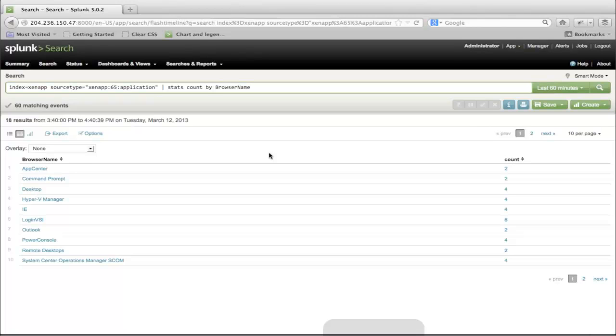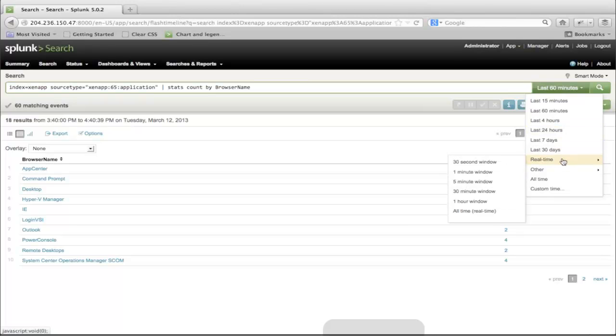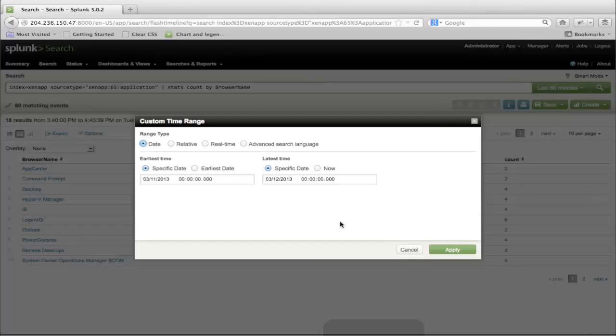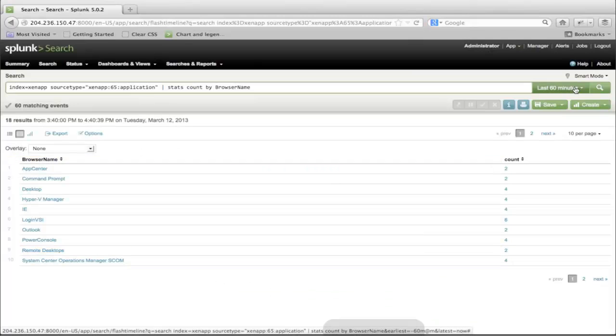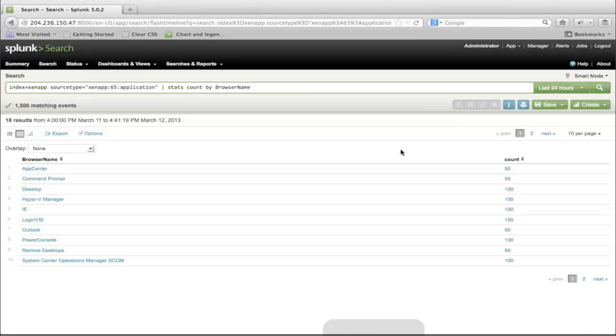So like I said, machine data is all time-based. So we have, by default, we can choose different time ranges here. Right now I'm on the past 60 minutes. I can go the past 24 hours. Something that's real interesting, you can do real time. And so Splunk will show you the data as it's coming in as well. So 30-second window, 1 minute window, that will show you the data in real time as it comes in. And then custom times, if you want to go into a particular date and time, you can do all that. But I'll just go back for the past 24 hours for this particular demo. And you'll see all the counts change for the particular application. So it's showing me how many times each application has been launched within that time range.